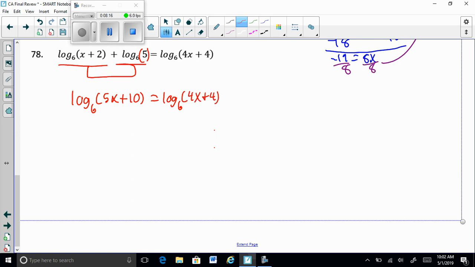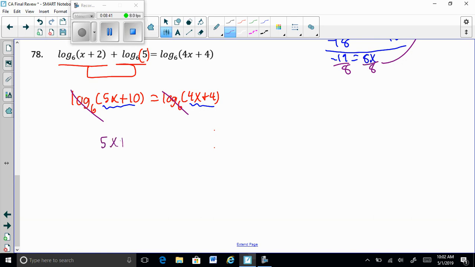And what we have here is another one of those one-to-one properties. We have log base 6 on both sides. And so really, we're just focused on what would make the two parts being evaluated the same, because the log base 6s are the same. So what we can do here is basically cancel out the log base 6s and just focus on the internal part of each one that's being evaluated. So we're going to have 5x plus 10 equals 4x plus 4, and we'll go ahead and